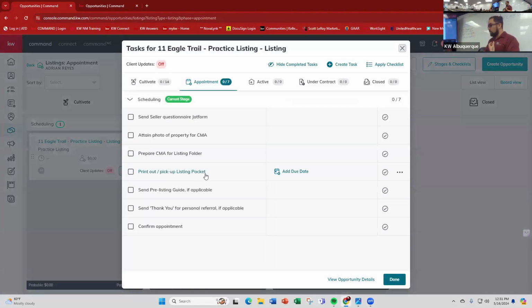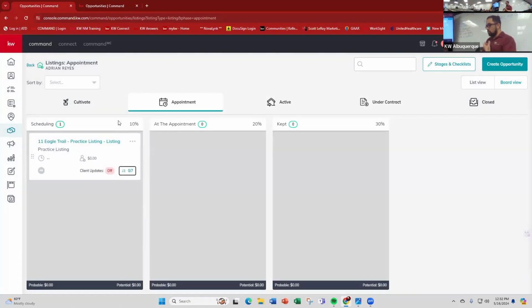So I just dropped them into appointment. I've got a different checklist now. Now my checklist is specific to that stage of this transaction. So I've got different things here now for me to go off of that I need to do for this client in order to start getting ready. This is basically my listing presentation prep period. So I'm starting to do all of these things. But if we go back to